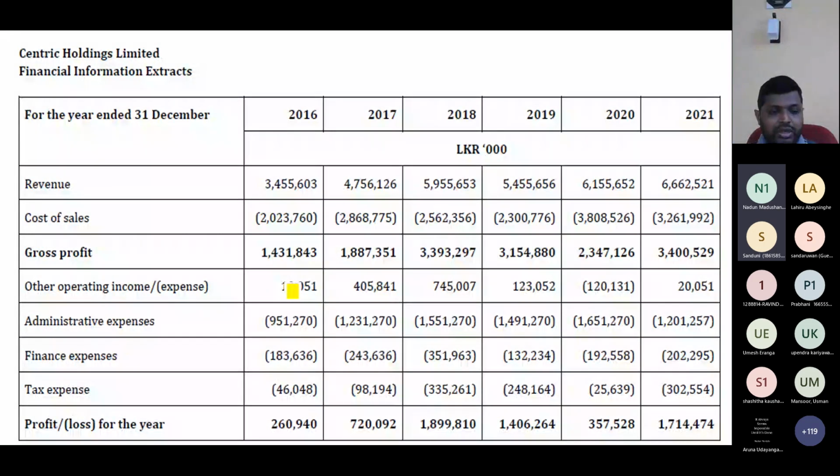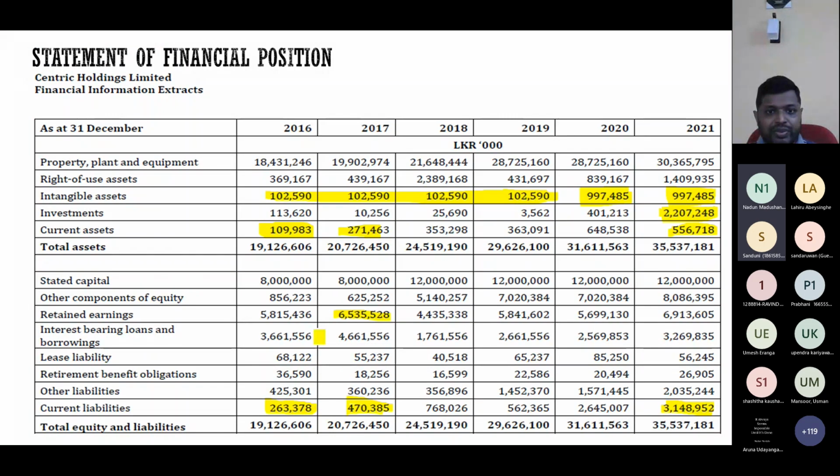720,092. It should be 6535315. Simply, there's a difference. 6535315. Sometimes there might be an OCI component. Then it is 6535528. There's a small difference. That means no dividend being paid. It has been added to the retained earnings. That's you have agreed, no? Agreeable, yes. In 2018,